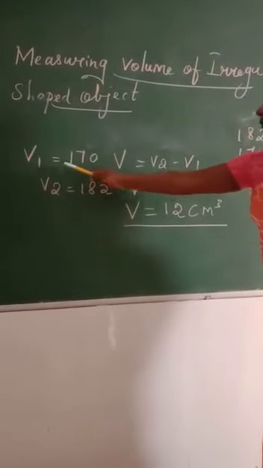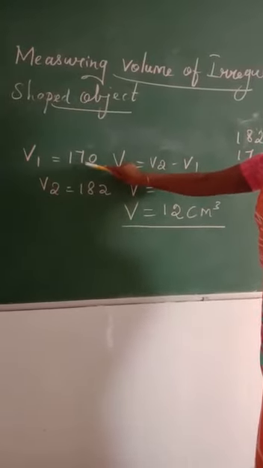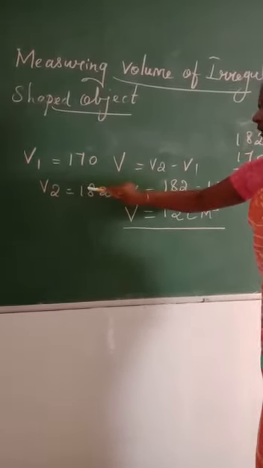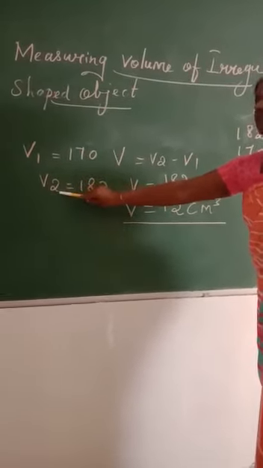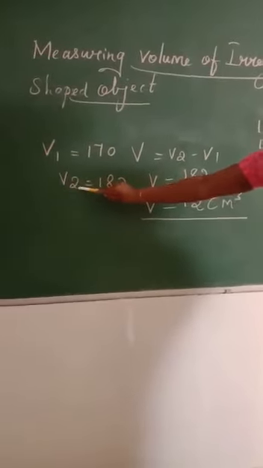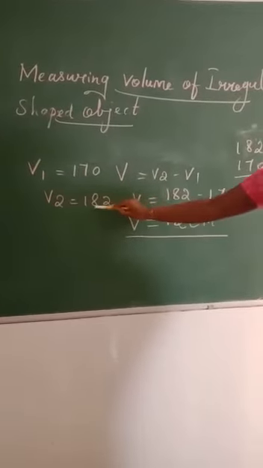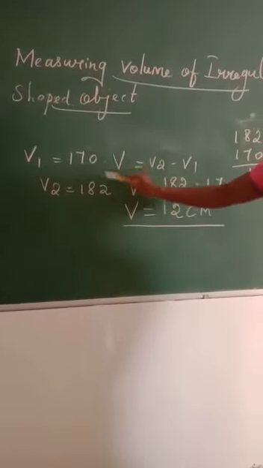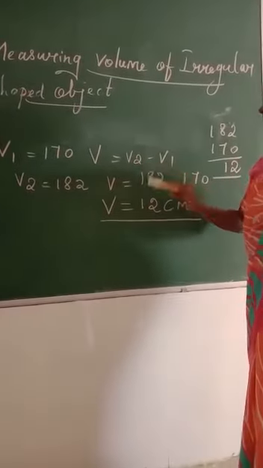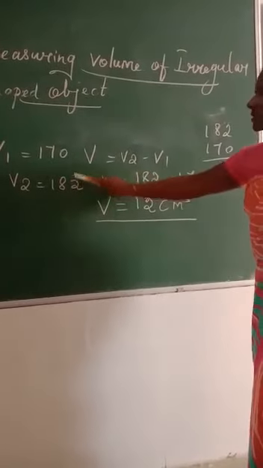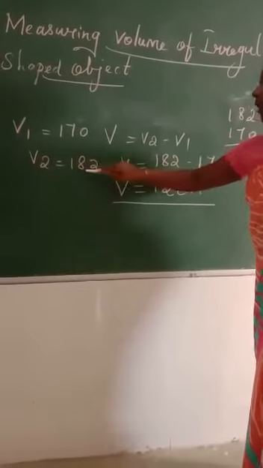Measuring the volume of an irregularly shaped object. We found the V1 value is 170. We have already filled the same amount of substance for both V1 and V2. When we dip the irregular stone object, the volume of water rises, which is calculated as V2, right? So the value of V2 is 182. With the help of these two values, we are going to calculate the volume of the irregularly shaped object. What is the formula? The V2 we got is the highest quantity compared with V1.